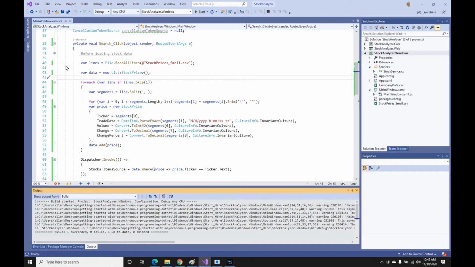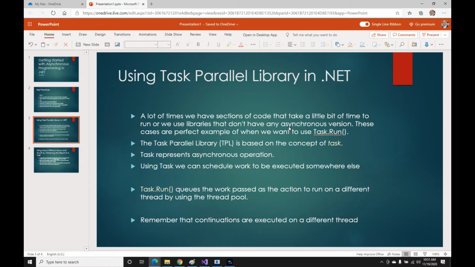So basically, as you can see here, it loads the CSV file into a string array called lines, and then it just loops through each one of these lines, and then using this little thing right here, a for loop, it puts it into the stock price object. A perfect example here is that we can use Task.Run,